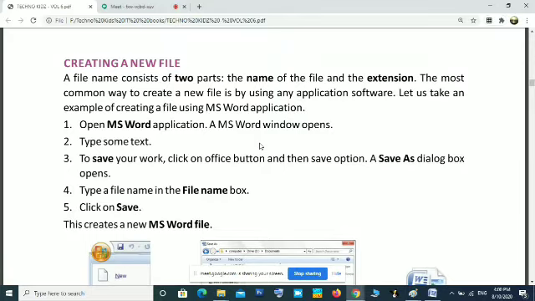Those 3 characters are called the extension. Looking at those 3 characters, the computer will know in which program that file needs to be opened. If you are saving a Word file, it will add .doc. And when the computer sees that .doc extension, it will open that file in MS Word.